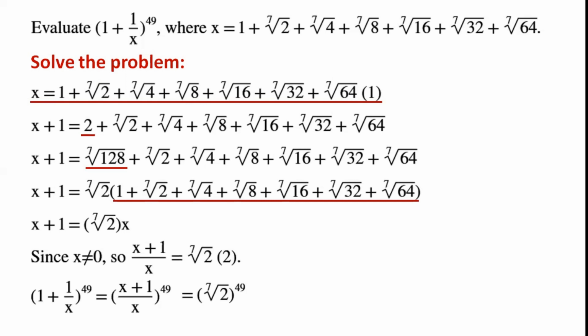X plus 1 over x equals the 7th root of 2. 49 can be written as 7 times 7. We can now write equals the 7th root of 2 all to the power of 7 all to the power of 7,